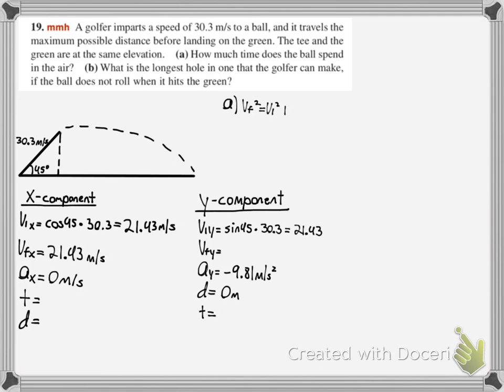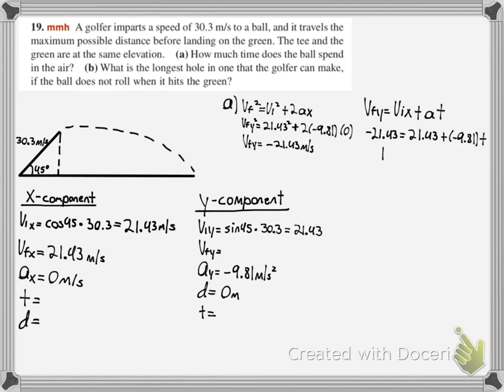So in order to solve for part A, we have to find the final velocity first. The final velocity squared equals the initial velocity squared plus 2 times our acceleration times our displacement. So we plug in our y values, and we find that the final velocity in the y is negative 21.43 meters per second. Then we use that value to solve for the time, using the kinematic equation that our final velocity in the y equals our initial velocity in the y plus our acceleration times our time. And we find that the time is equal to